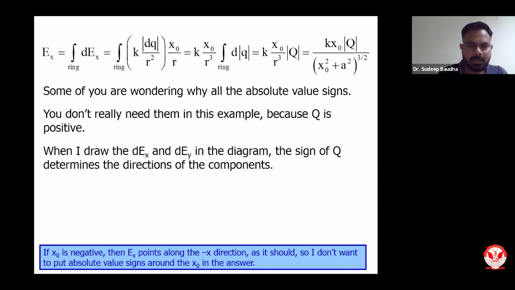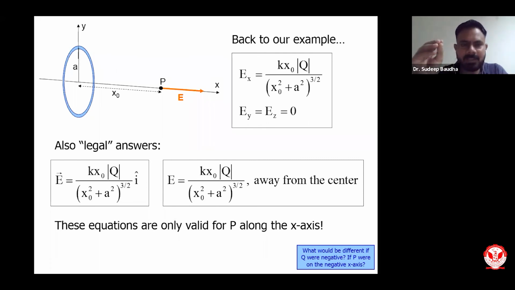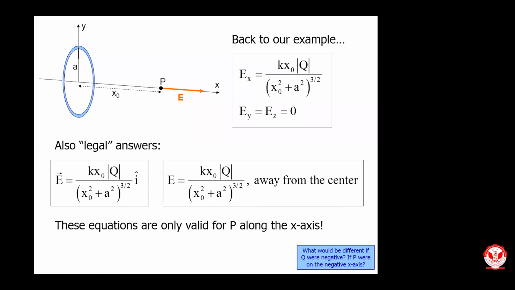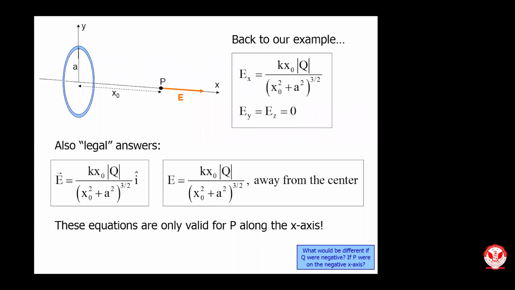So if you recall our calculations, we have found the electric field at a point P because of this ring. Okay, so if this charge Q is negative and the point P is taken on the negative axis, then what will happen to these components? It is very interesting to know. The components will remain the same, because the y components will cancel each other. Only the direction will change.